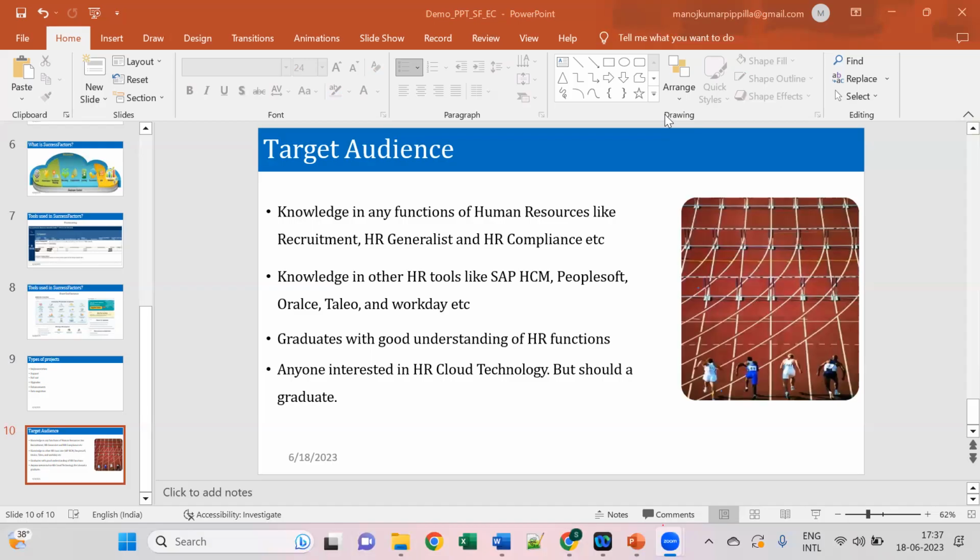SAP started forcing them to use SuccessFactors. They are telling them that if you are not using SuccessFactors, we are not going to provide support for other applications. Likewise, there will be very good demand for SuccessFactors in future for sure. That is the reason it is going to be the largest HR application in the cloud market in future.